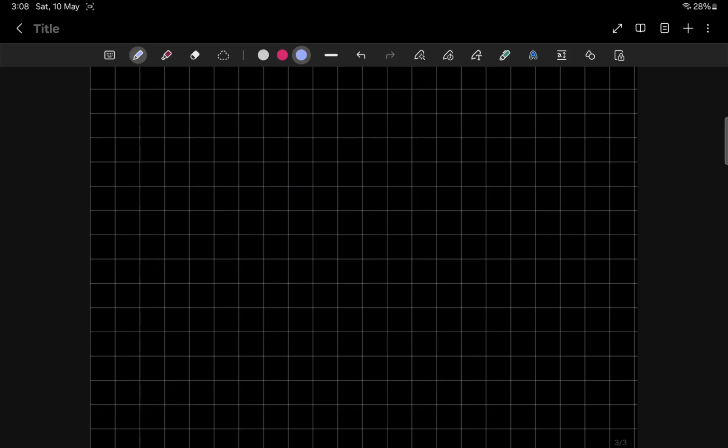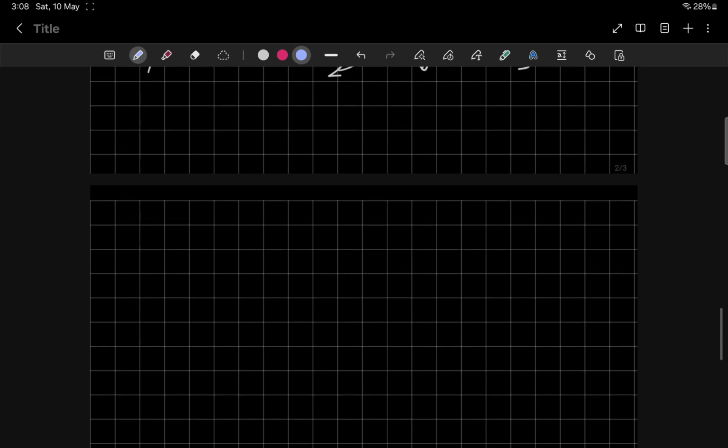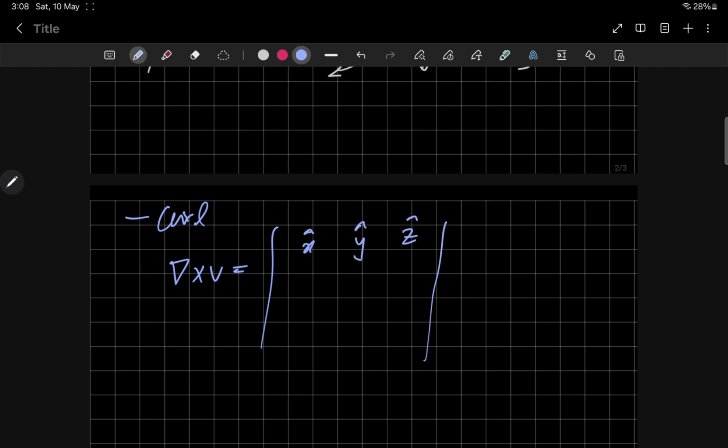The last operation, well, this is the second last, is the curl. There's also something called the Laplacian, which we will look into. So the other operation here is curl. Formally it is defined as this determinant. Again, I'll stick to one notation since I'm using F. So Fx, Fy, Fz. It is just this determinant,